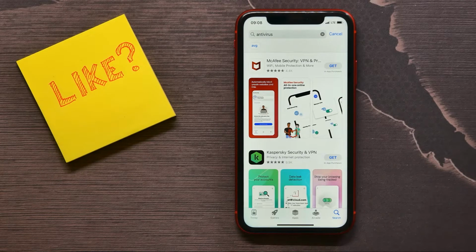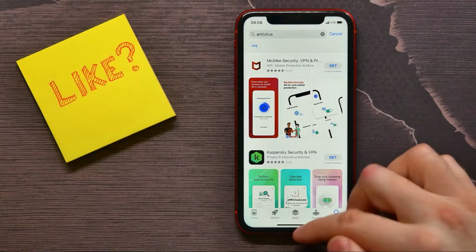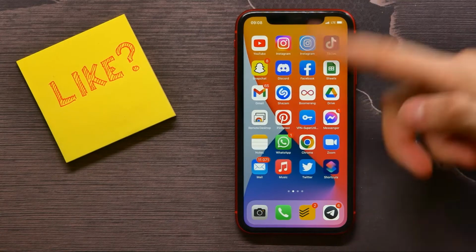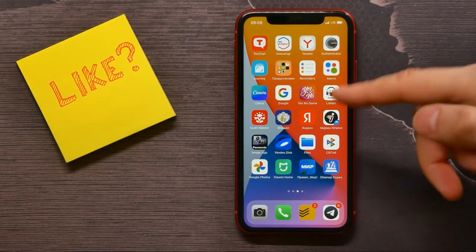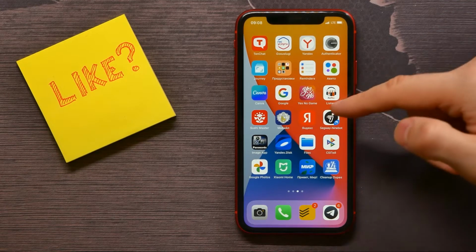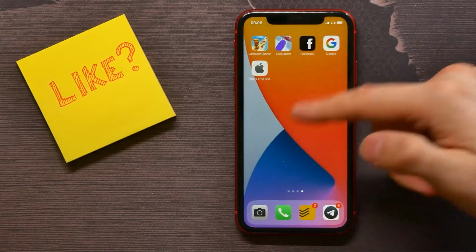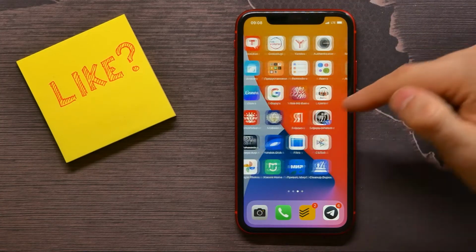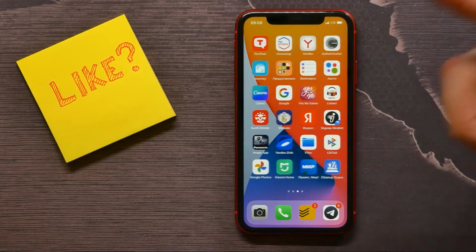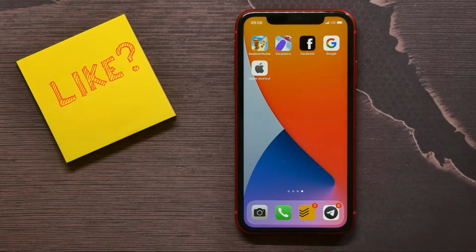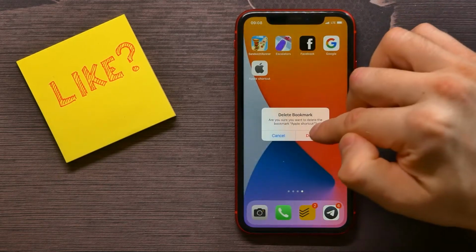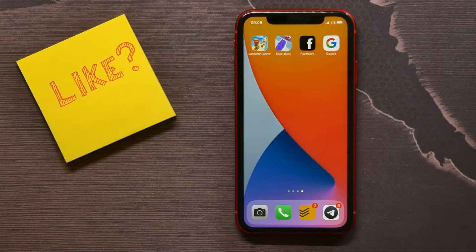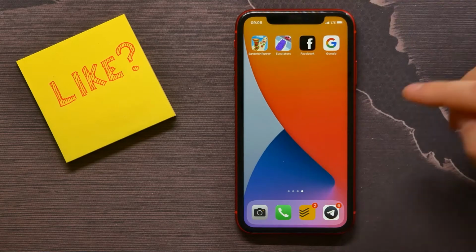One more thing you can check: just look at your screen and find any applications that you didn't install. It may happen in some cases. Just look here and remember if you installed all those applications, and if you find any app you didn't install, just delete that app like that. Tap and hold, tap on delete, confirm, and then reboot your device